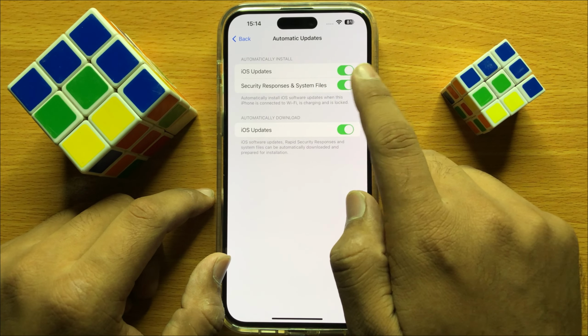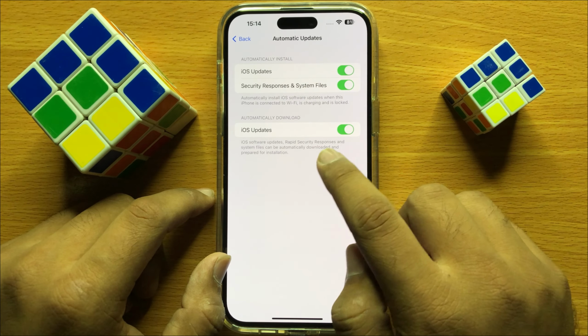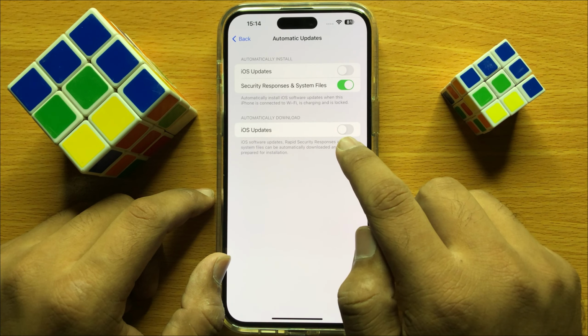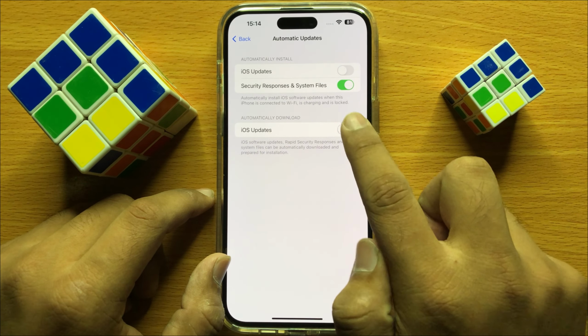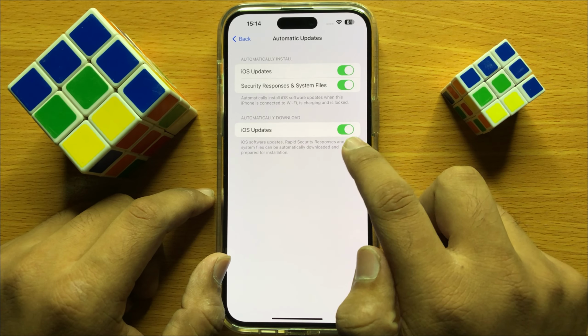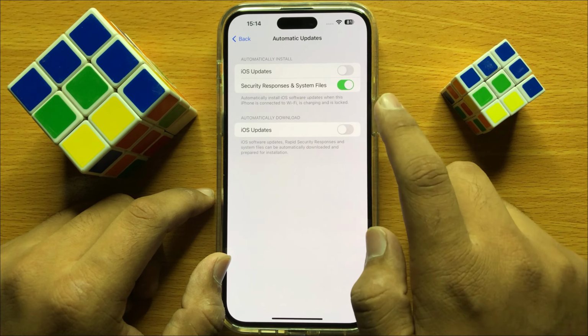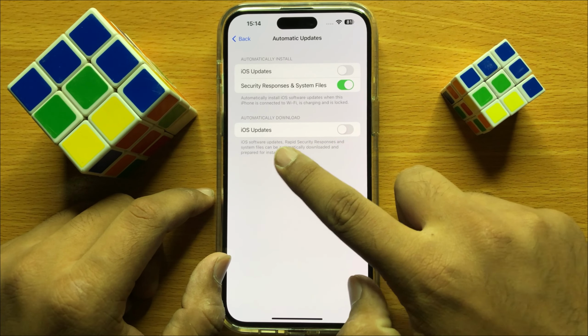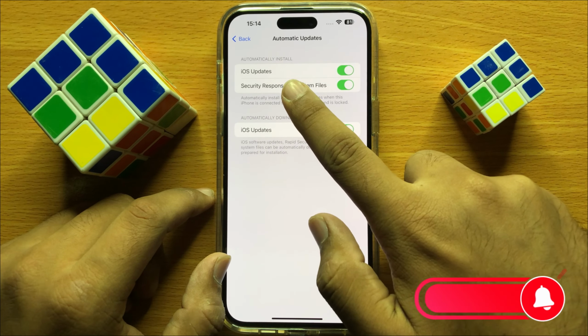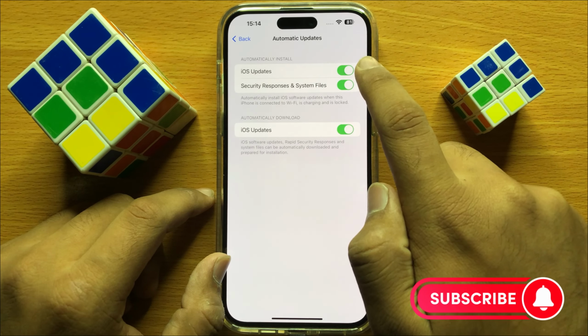So to turn on or turn off this button, first of all you have to turn on this iOS updates button. So if you turn off this button, it will automatically turn off. So first of all, turn on this button and then turn on the iOS updates button in